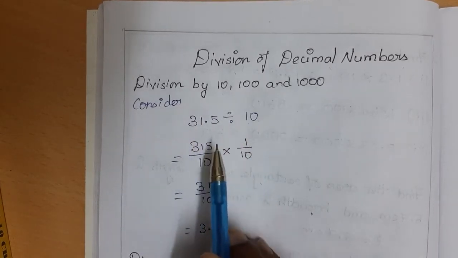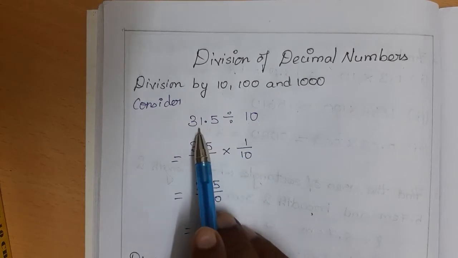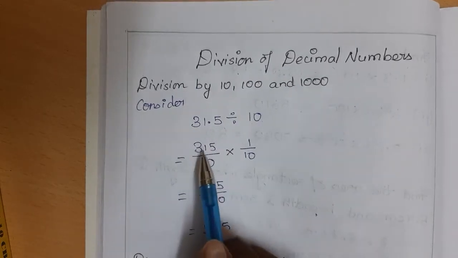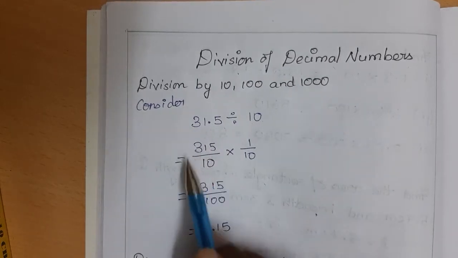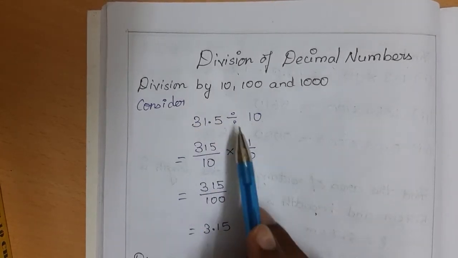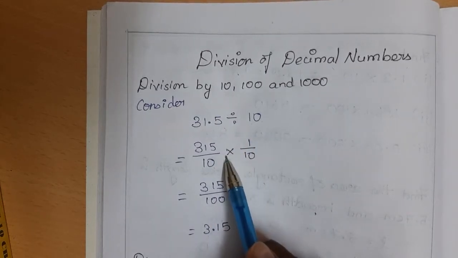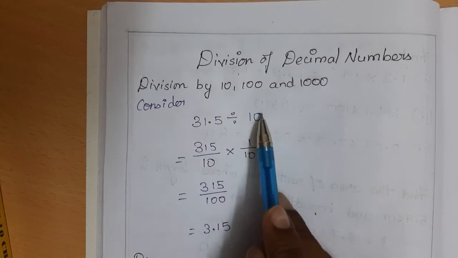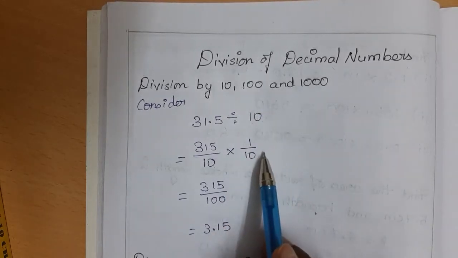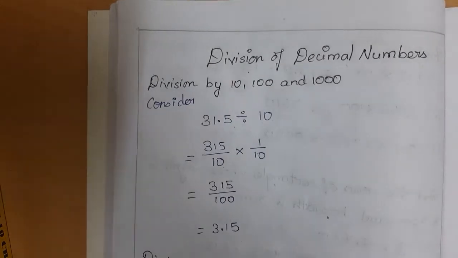So the fraction, you remember that we can change this, right? So let me write 31.5 in the representation of 315 by 10, right? Because the 5 is a 10th. 315 by 10 and 31.5 are the same. So this division can be changed into multiplication by changing to the reciprocal of the next number. The 10 can be written as 1 by 10, followed by the reciprocal.